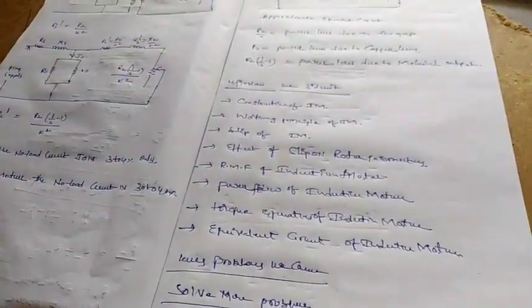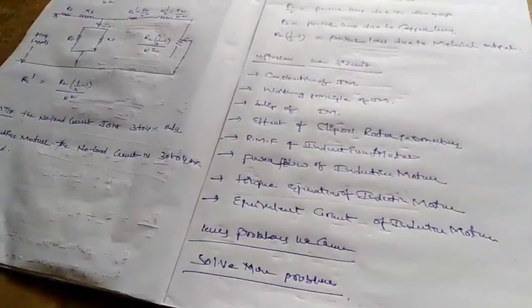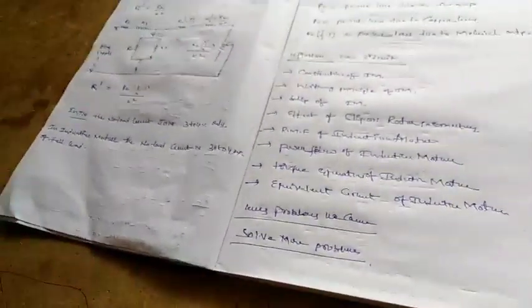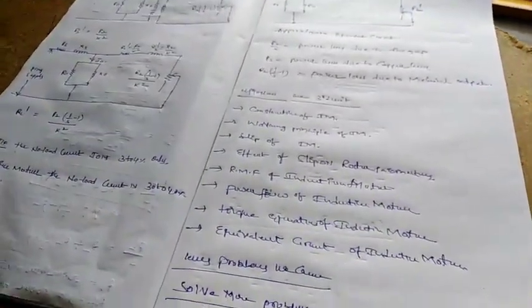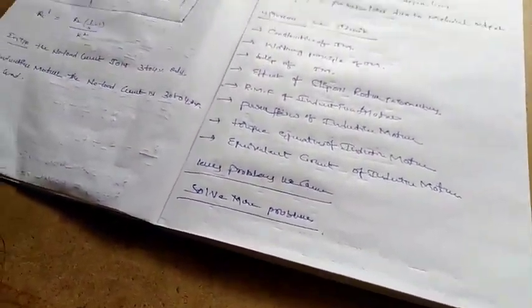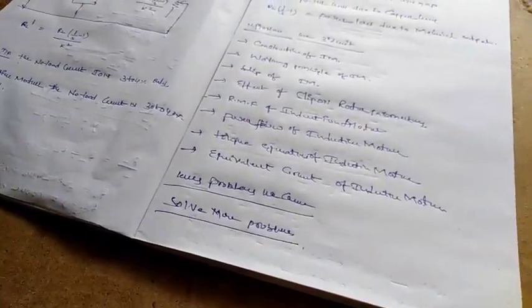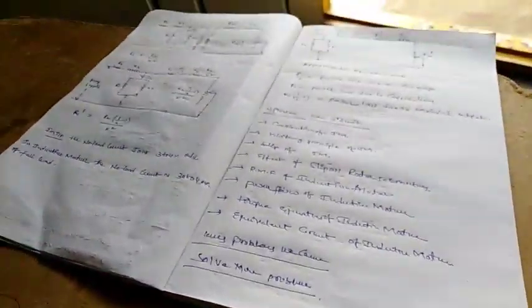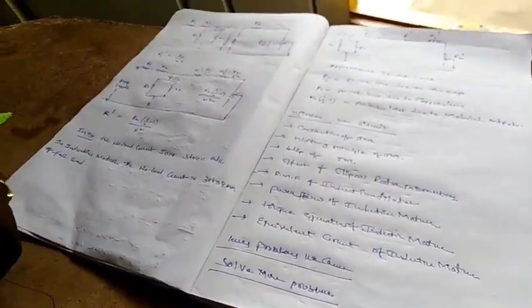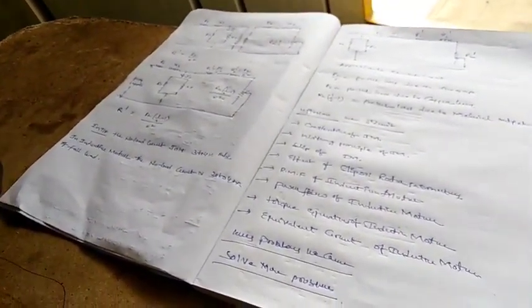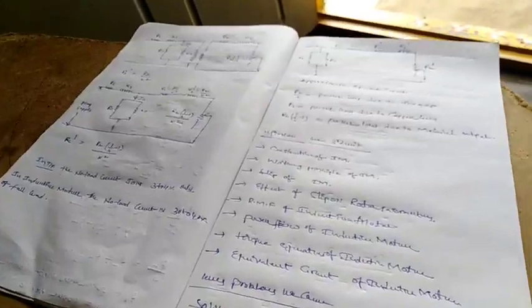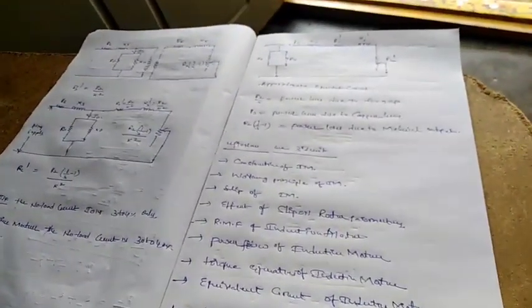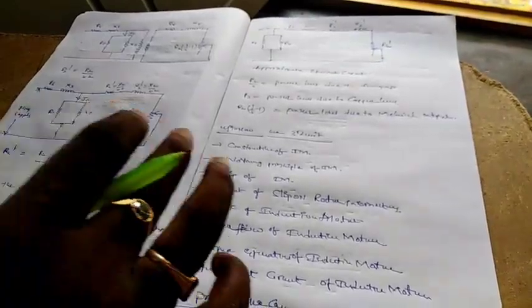The second topic is performance characteristics. That means the effect of slip under different conditions, variation of the resistance, torque equation characteristics, the relation between maximum torque and full load torque, and starting torque and maximum torque, and some more problems. One more important thing in this unit is the circle diagram. That is a very, very important topic, definitely asked in all examinations. Without a circle diagram question, there is no question paper.